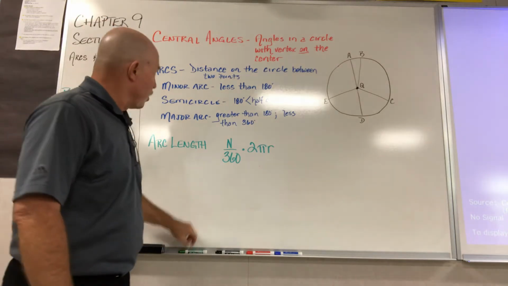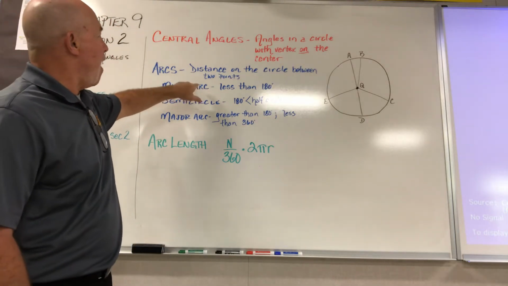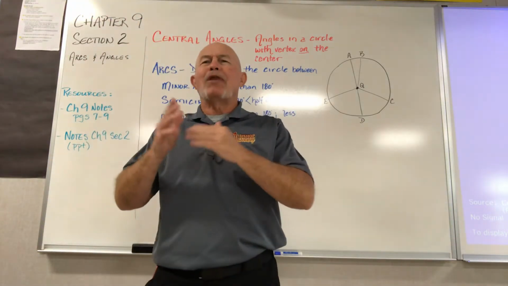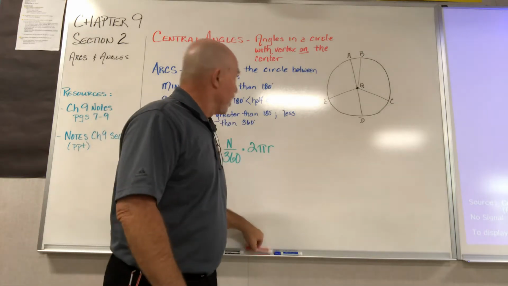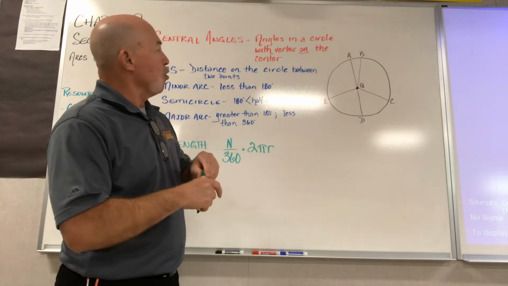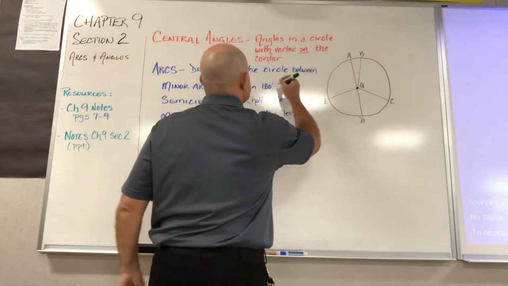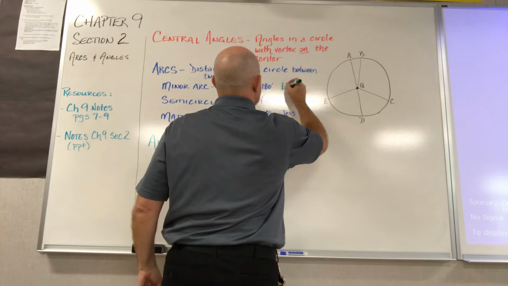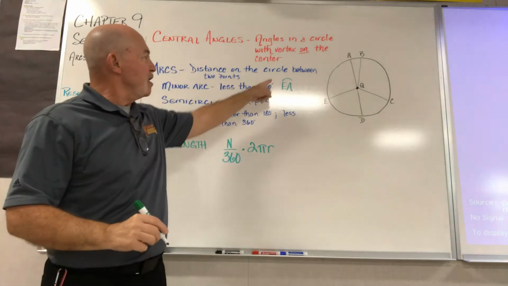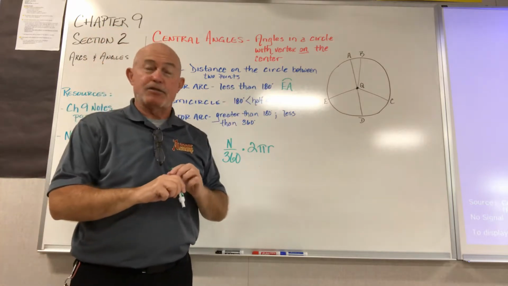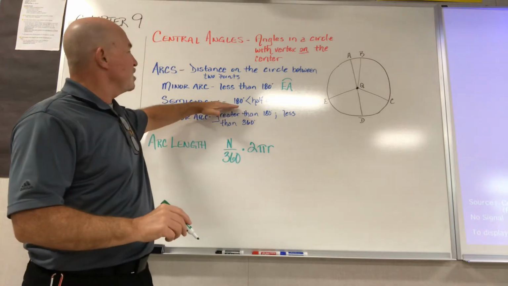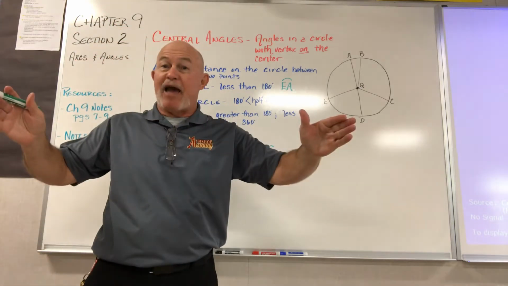Okay? So, when we are looking at a minor arc, it is one that is less than a half circle, so less than 180 degrees. And we use 2 letters to name that. Okay? So, EA. Okay? And it's a little arc like that goes over top of the letters. So that's when it's 2 is a minor arc